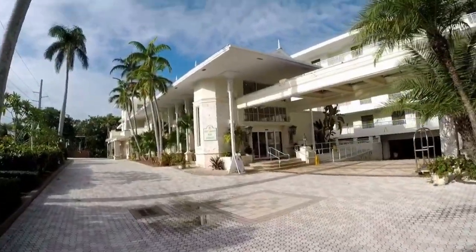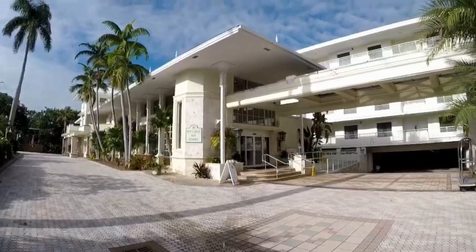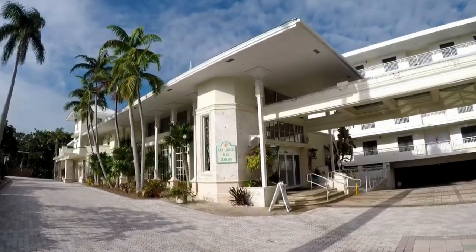All right, so this stop is, I want to say, on the west side of Key Largo, not too far into the island, still on the north end. It's called the Marriott Resort. It is a very nice place. We have stayed there several times. The rooms are luxury. It's not exactly the cheapest place in the world, but you'd most definitely get your bang